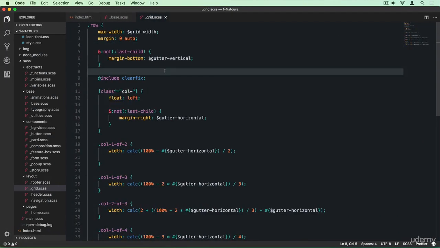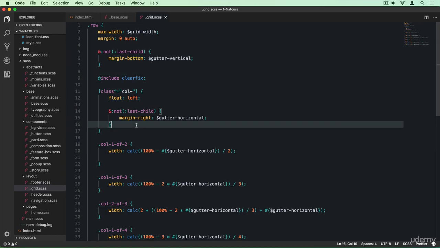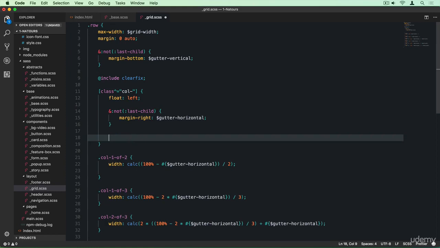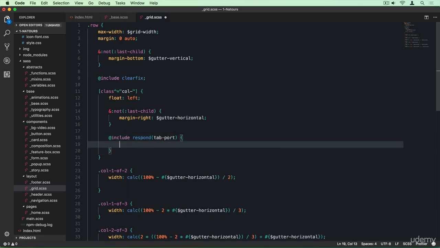All right. And what are we going to do in order to fix this? Well, we're simply going to set the width of all the columns to 100%. That's the easiest way to do it. And that's what's usually done on mobile devices. So all the columns are basically transformed into rows. So the entire mobile web page will have only one single column basically. So include, respond, tab port. So all of the columns should have a width of 100%. And I'm going to set it to important actually, because I want to make really sure that these widths here